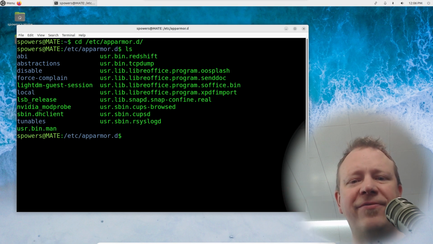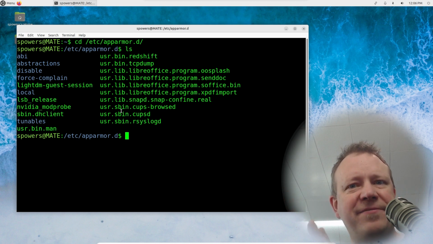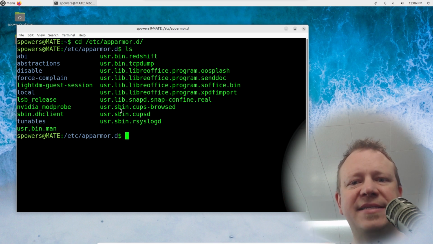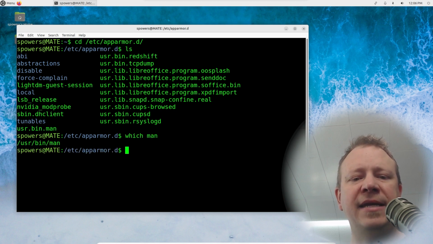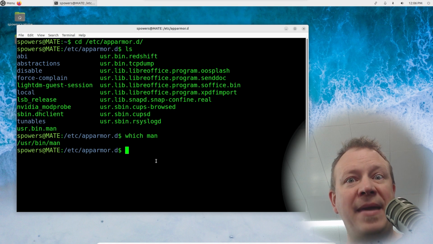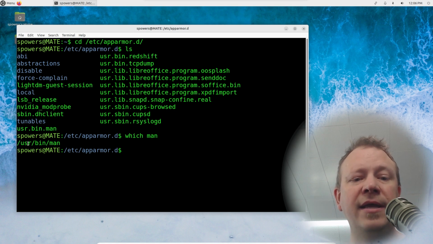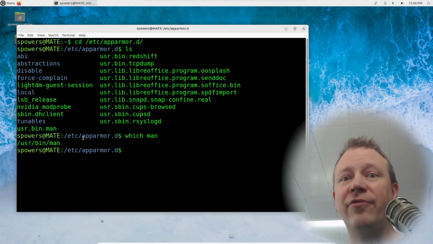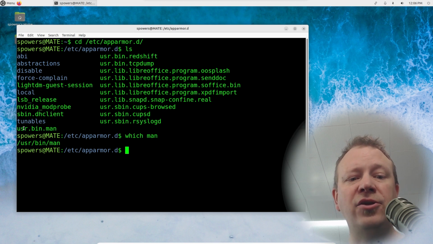Each individual file here, these green ones, is how you specify a particular program. Let's say we wanted to make rules for the man program. If we were to say which man, it's going to give us the path to where the man executable is. For manual, it's /usr/bin/man. And so to create a profile for that, we look at usr.bin.man.